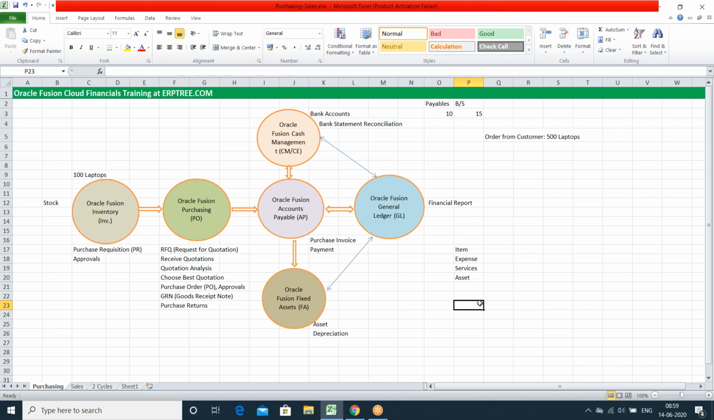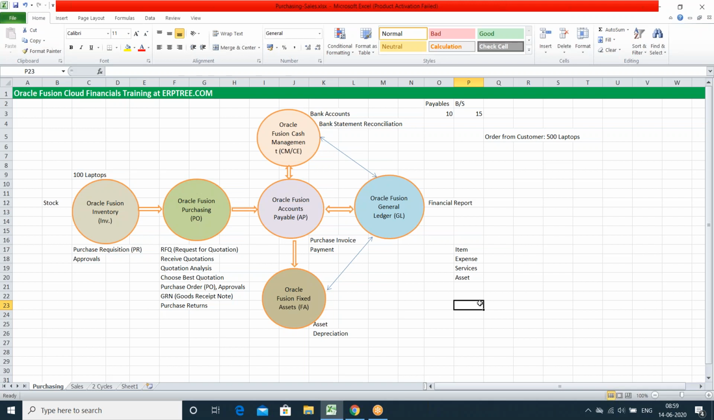So these are the different applications. By using these applications, these are the activities you can do. So if you want to buy today, you have to raise the requisition, you have to get the approvals, and you have to raise RFQs and receive quotation analysis, choose the best, place the order, receive material, and create the purchase invoice, make the payment, share the data with asset department, cash department, finally sharing the data with the common department or say